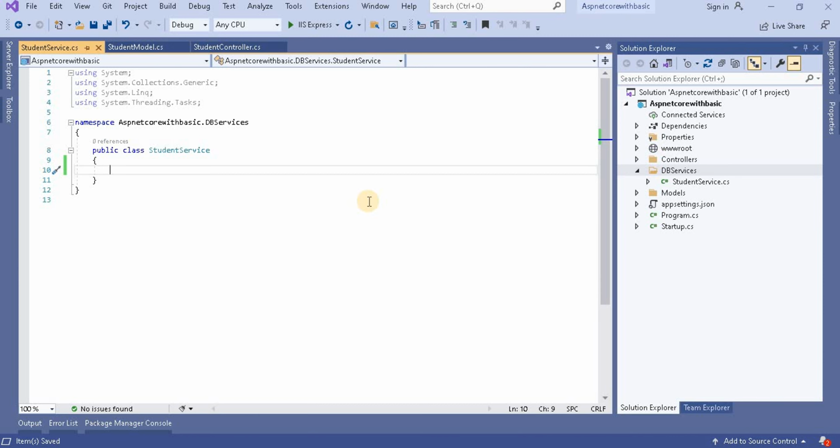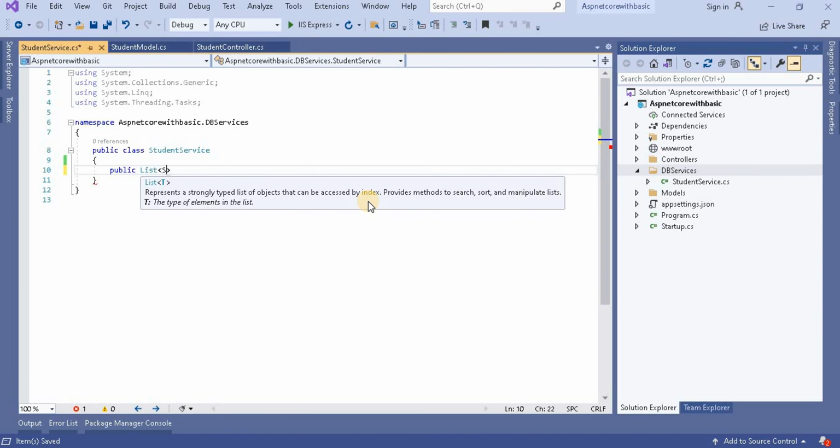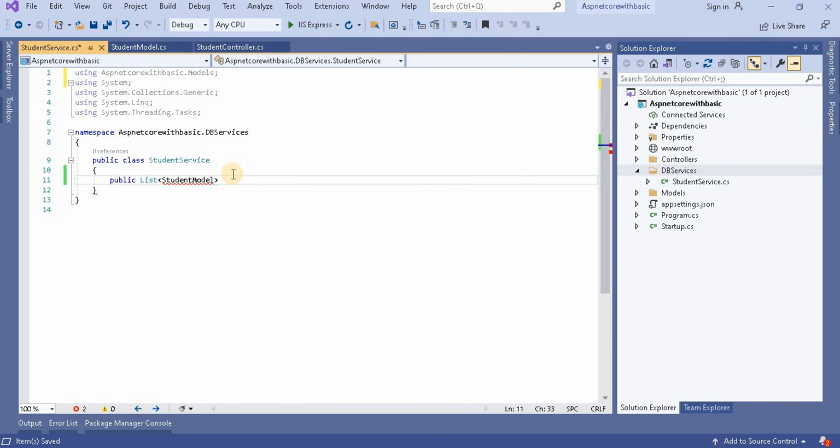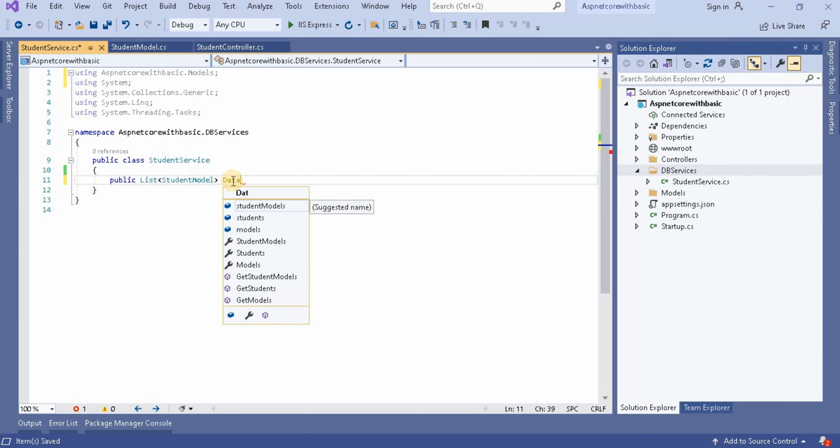Before that, I will create a public list of the student model, and for this student model we have to use the particular namespace. I'm going to give this the name data source.